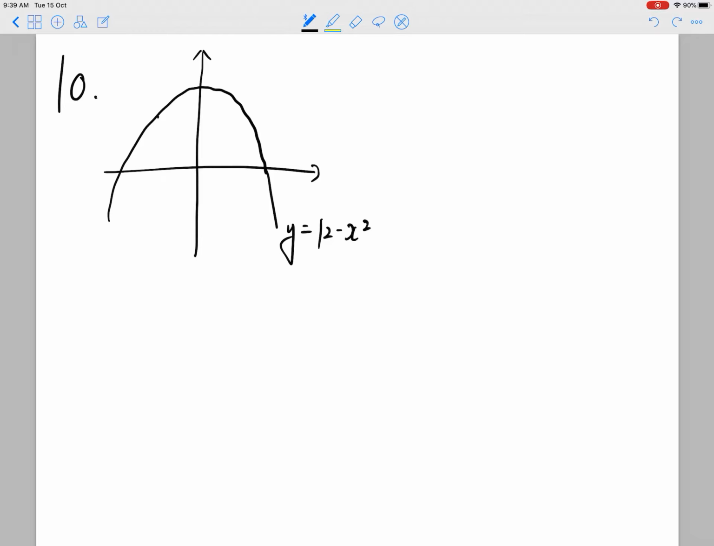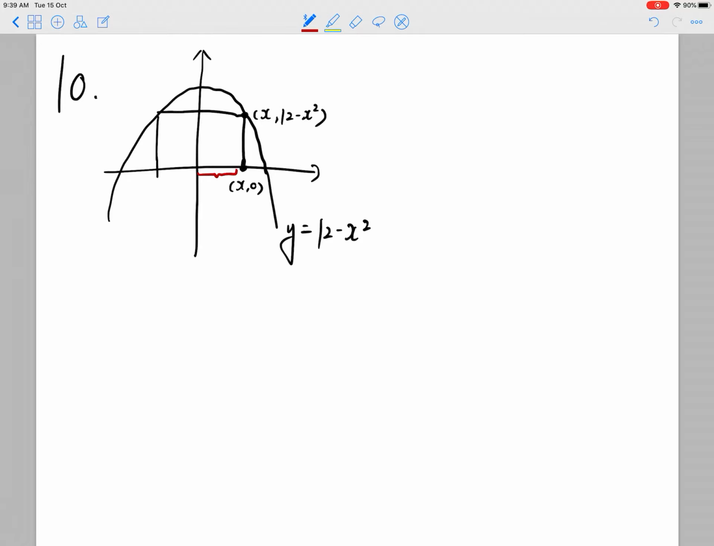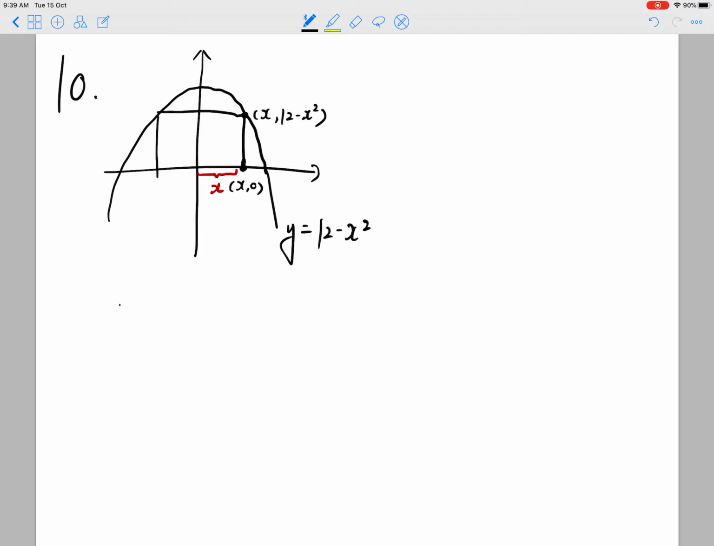So let's call this rectangle. Okay, this point is x, 0, right? This point is x, 12 minus x squared. So this length is, sorry, this length is x. So we only consider x, so we say x is greater than or equal to 0 and smaller or equal to